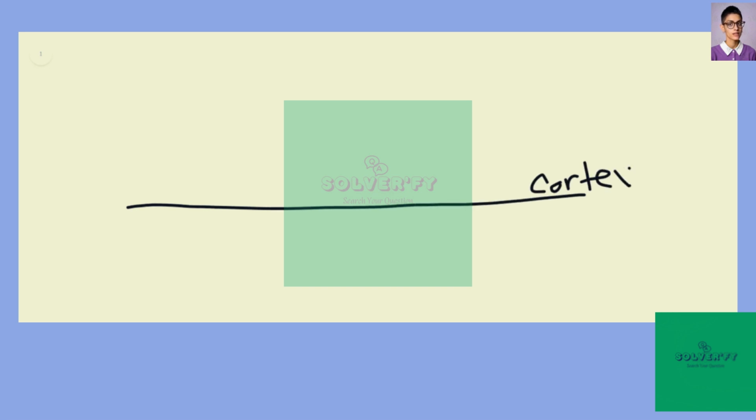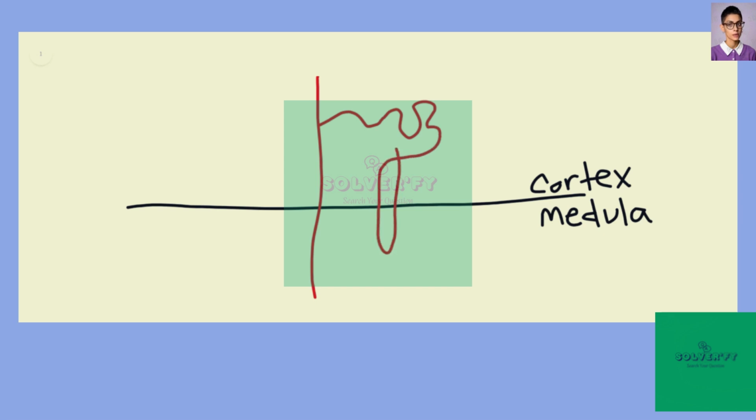Okay, so problem 10 is really asking us to distinguish the difference between the nephrons in the kidney. So if we let above the line be our cortex, and below the line be the medulla, right? And then we have these two kinds of nephrons, right? So we have one, and they've got a lot going on, lots of tubes of some sort, okay, and you have the glomerulus there, and then in the other kind,